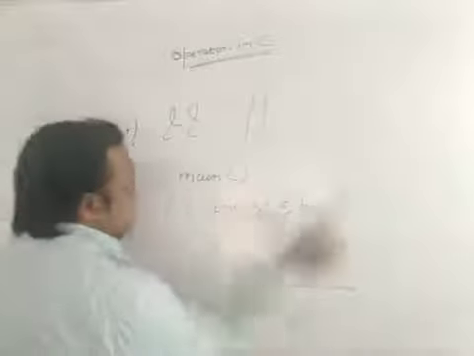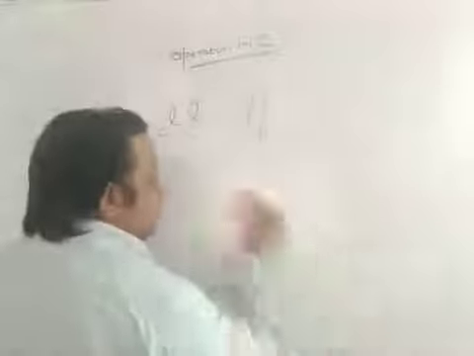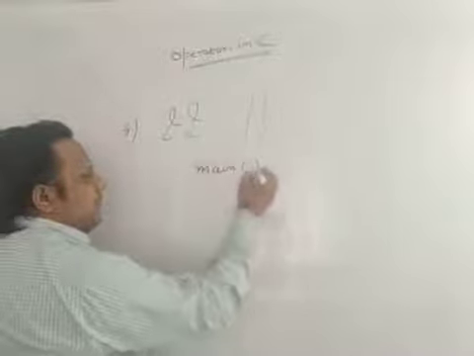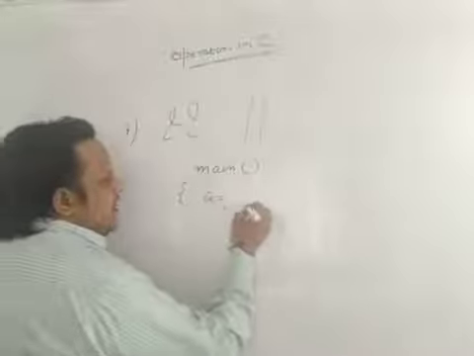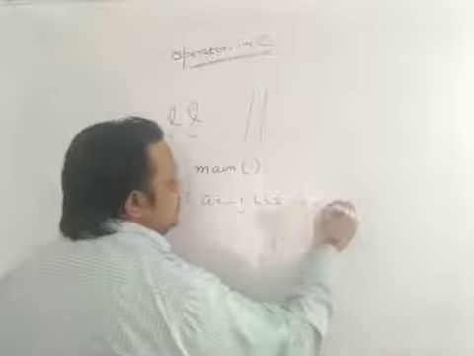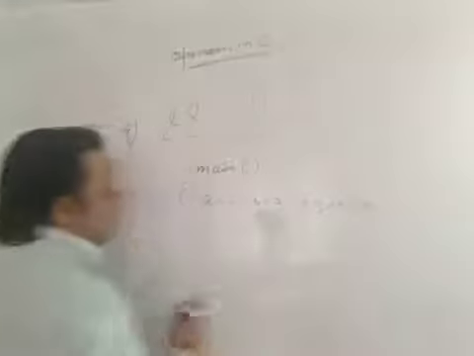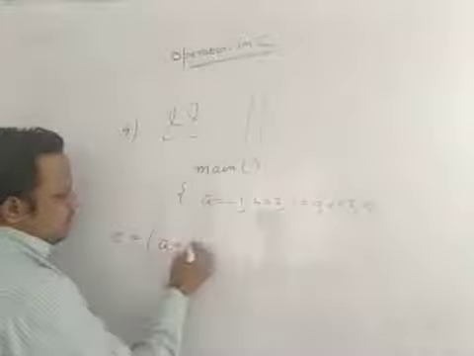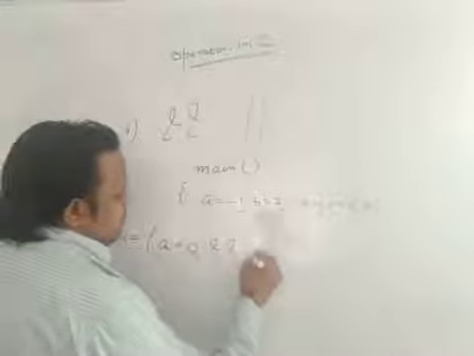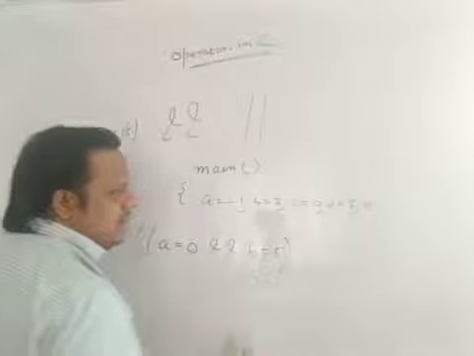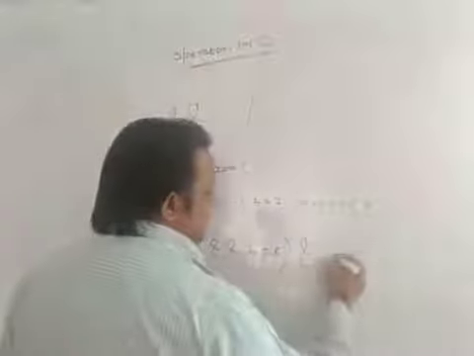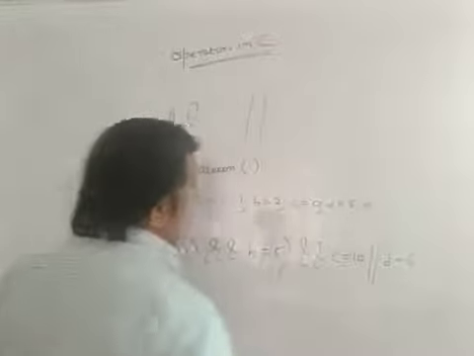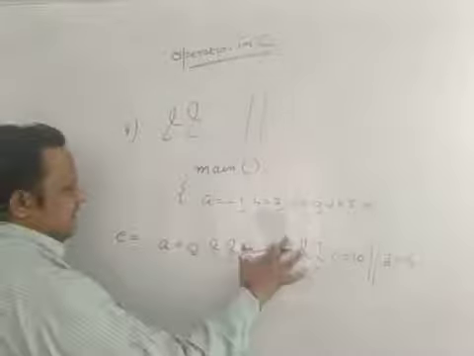Now let me give you one more example so that you find out about logical OR and this field. Now if I write main, a is equal to -1, b is equal to 2, c is equal to 0, d is equal to 5, and e. And if I write e is equal to 0 and b is equal to 5 and c is equal to 10 or d is equal to 6. Right, let's suppose if I give something like this.